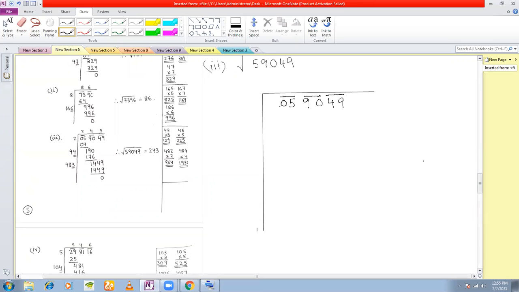4 is a square number. 2 into 2 is 4, which is very close to 5. So you put 2 into 2. Write 2 in between 0 and 5 to get 4. Now you get a 1 here. If you subtract, now you bring down this pair and make 1 into 190. Okay, 1 you converted to 190 by bringing this pair.